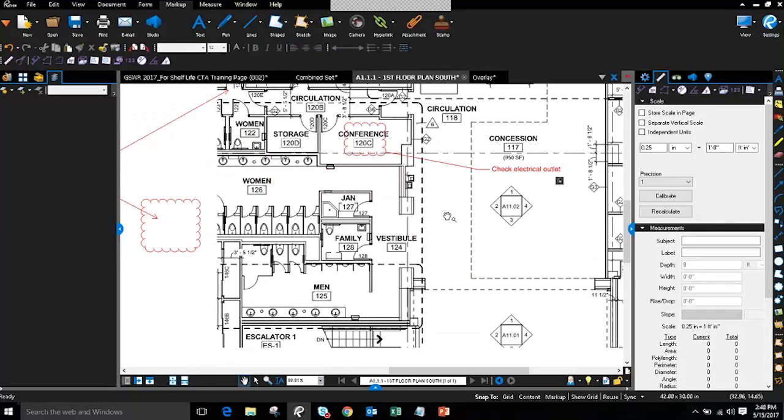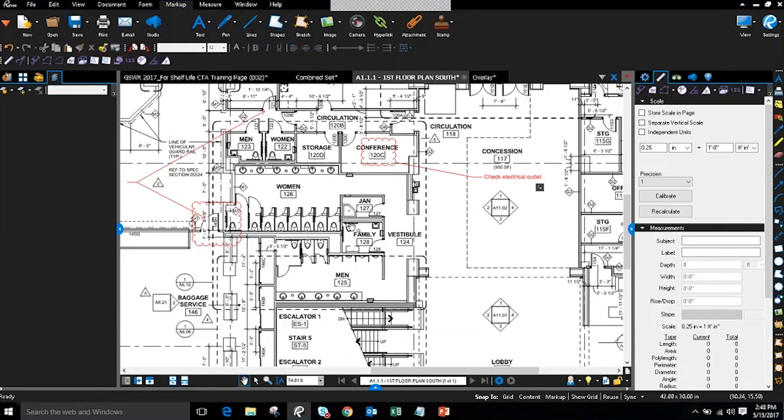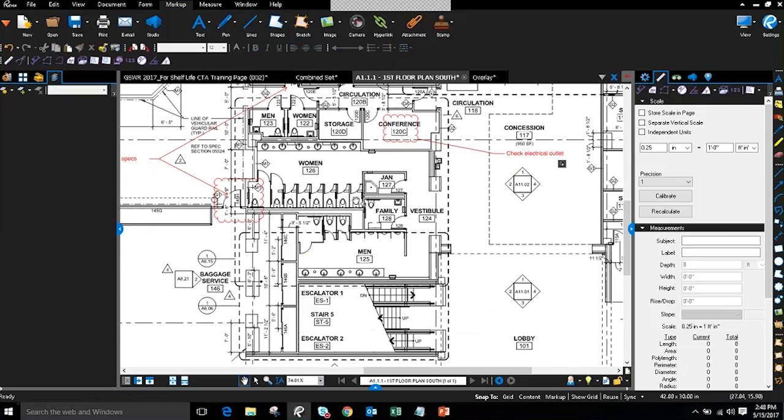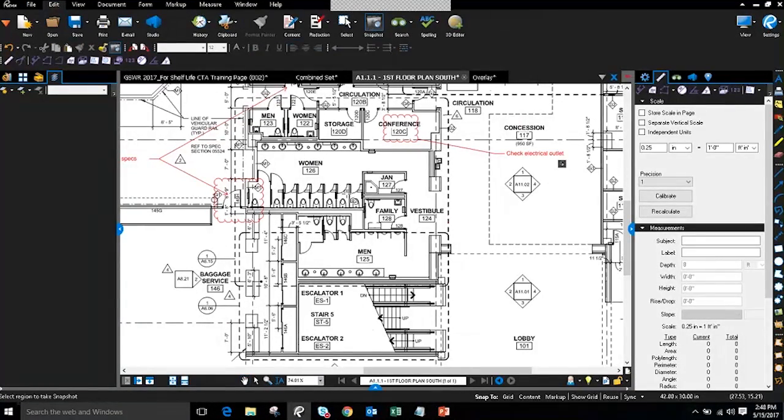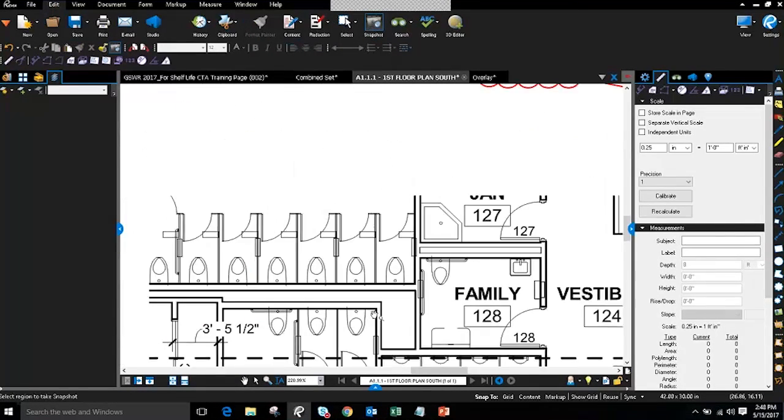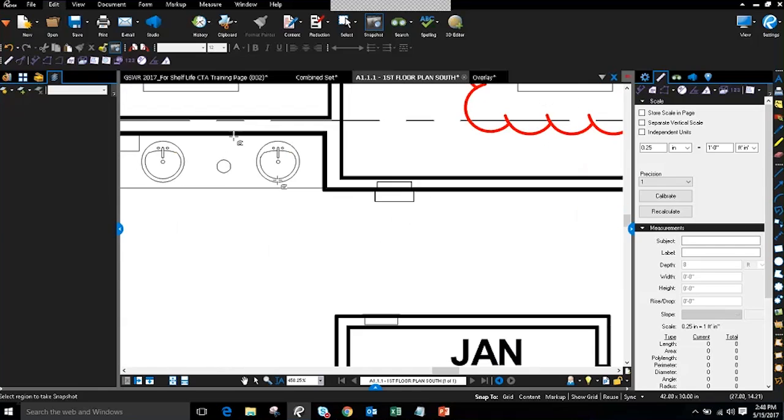That is Capture. Now, in terms of other types of markups you can create, we also have a markup tool called Snapshot. So if I come over here and click on Edit and Snapshot, I can select any symbol that exists on the PDF itself. So let's take this sync. I'm going to just simply click and drag over that symbol. It's going to flash blue, and then I can right-click and paste. And once I right-click and paste, again, I have now a markup version of that vector content that I can use,